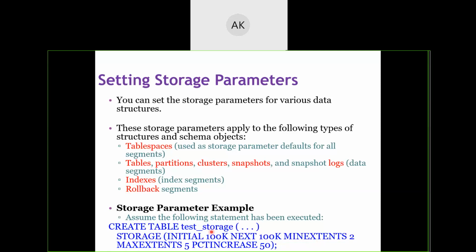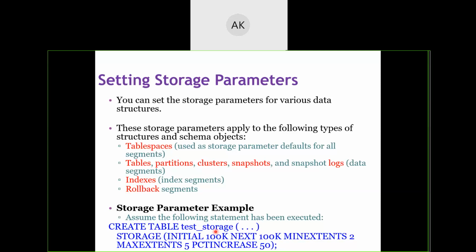Now we created the tables without even bothering about the storage parameters, because we are well aware that Oracle is a very beautiful tool. It will allocate the best possible memory space for us, and it will handle all the tasks in the background for us.